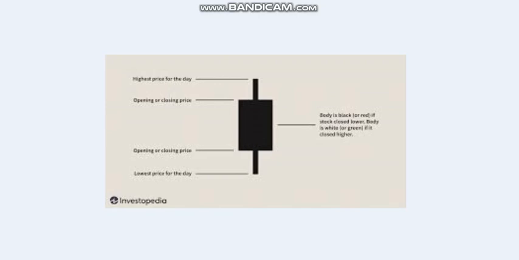Now the only difference between the bullish and the bearish is, in case of a bearish candle, or a candle that looks like this, the closing price was lower than the opening price for the given trading session or for the given day. So normally what happens is, say for example, this becomes the opening price. In case of a bearish candle, this becomes the opening price. The stock price has gone up to this level, it has gone down to this level, slightly climbed up, and it has closed at this level. So you have the opening price at the top, the closing price at the bottom, thereby indicating a fall in the price during that given trading session. And hence you have what is called a bearish candle.